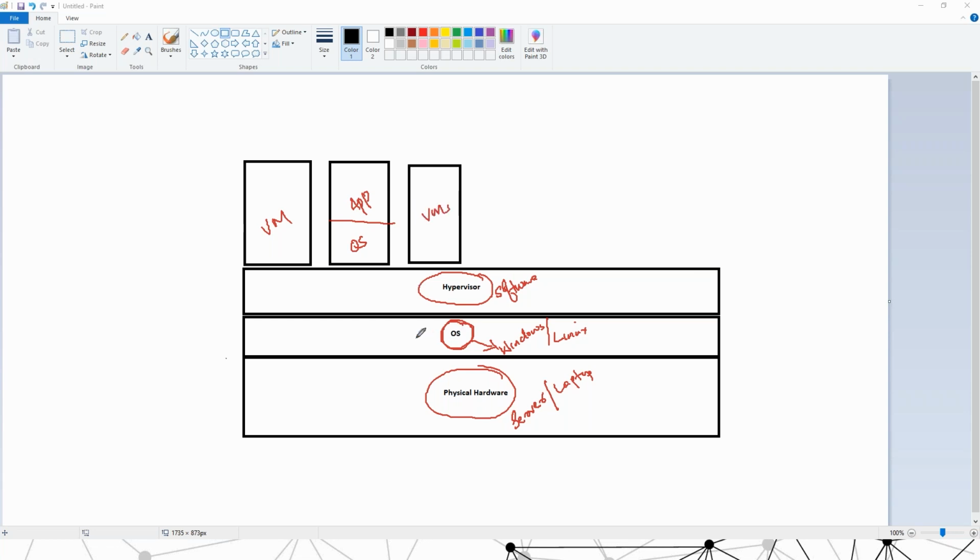So team, what happens if this OS crashes? Let's say this particular operating system crashed, or maybe my laptop OS performance was very slow, or it crashed, or something went wrong. So basically, what will happen to my VMs? Tell me. I think you lose all the VMs, the number of VMs we created will not boot up.